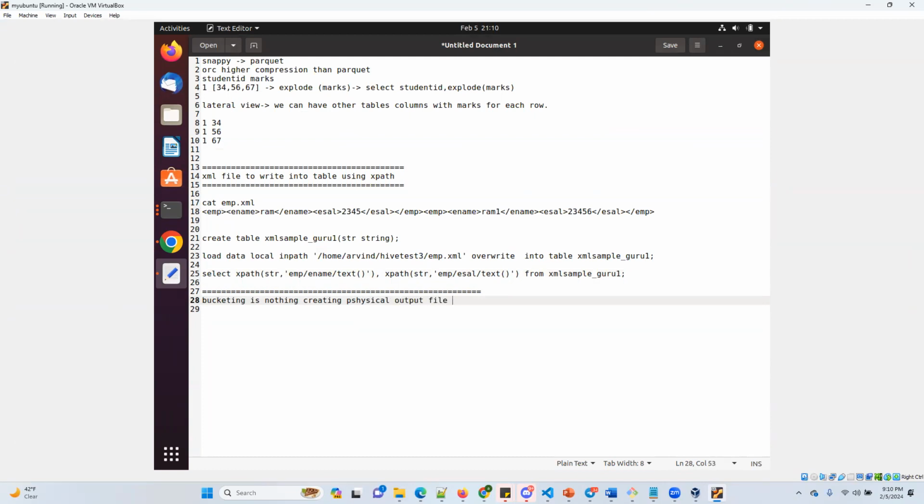Output file maybe in the same within a partition. If you are using partition, it will be a part of the partition, within partition or without partition. Okay. So if I take an example, like I have 100 records in my table,